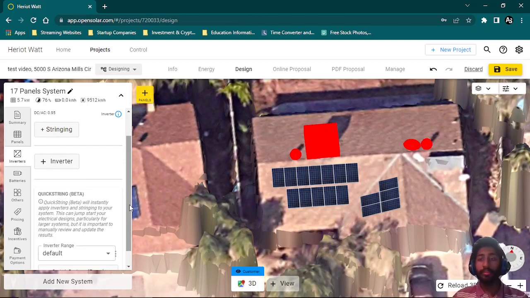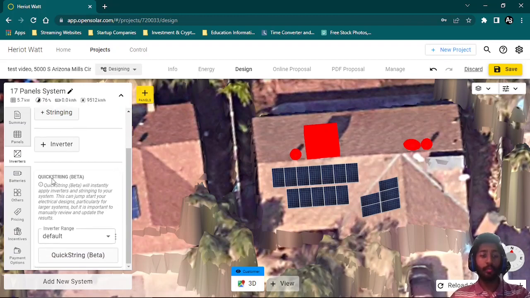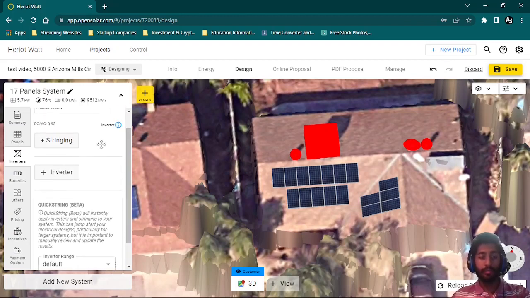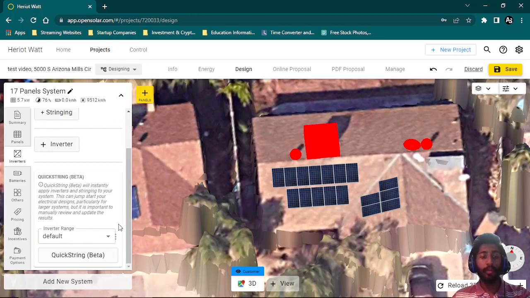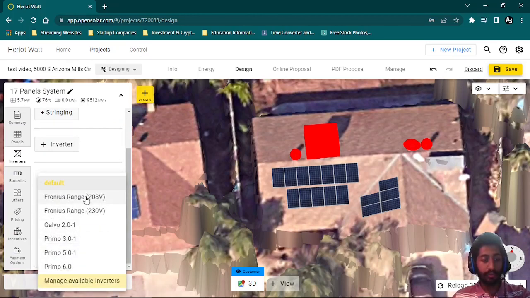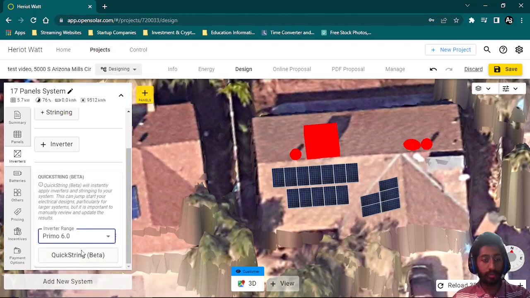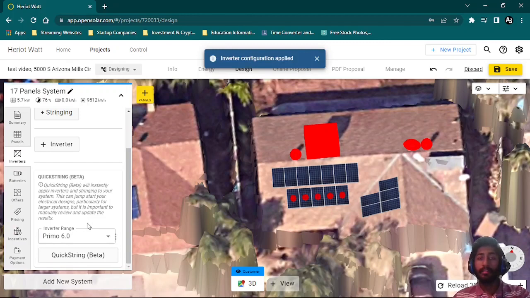In the 2D view, the 2D version of the system design, it doesn't provide the Quick String beta of designing it for you. You have to manually attach the solar panels string by string. So I'm not going to do that here. I'm just going to default the inverter range, Primo 6.0, and then click on Quick String beta, and